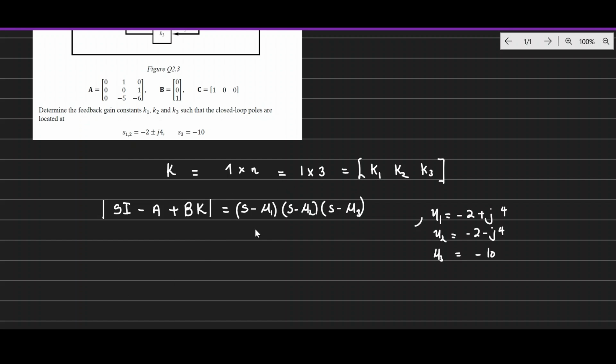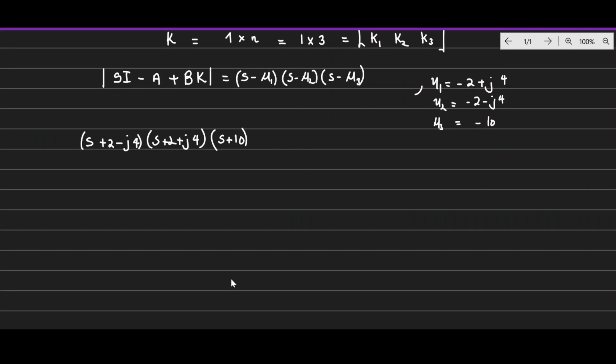So we need to find that equation. First, s minus mu1, what is mu1? That's negative 2, so this becomes s plus 2, and since I'm subtracting, a minus j4. And then s minus mu2, that's s plus 2 plus j4, and then s plus 10. Let us expand this so that we can get the characteristic equation. I'll multiply one by one. s by s, that is s squared,